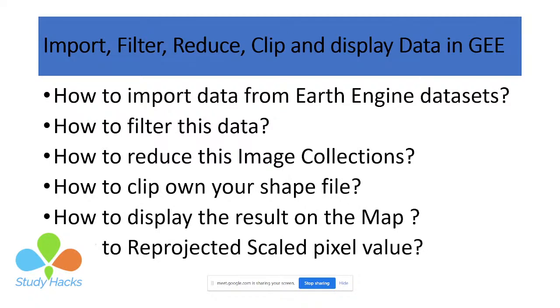Basically in the previous class I also tried to show you how you can easily reproject the scale pixel value. Mainly we can see that our NDVI range is not within -1 to +1. When you use the MODIS NDVI, then we also need to reproject this scale value, and then we can get the result. So in this time I also show you another data set. So how can we easily do this?